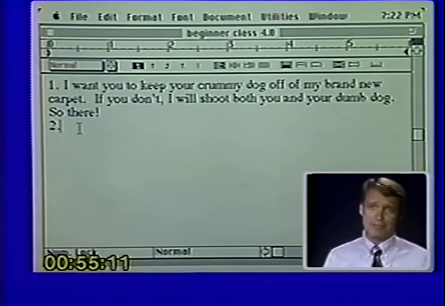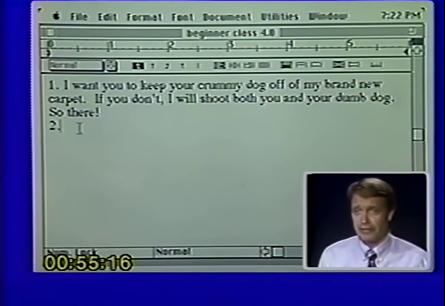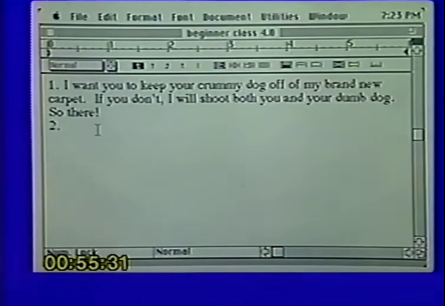Now, let me just mention something to you here for a moment. A lot of you, when you started Microsoft Word, went in and tried to make this happen. And how did you make it happen? Well, most of you figured out, well, there's got to be a way to force that line over. So let me show you what a lot of you did. First thing that you did, you said, well, I know what I'll do. I'll just click in front of carpet here, and then I'll hit my space bar.